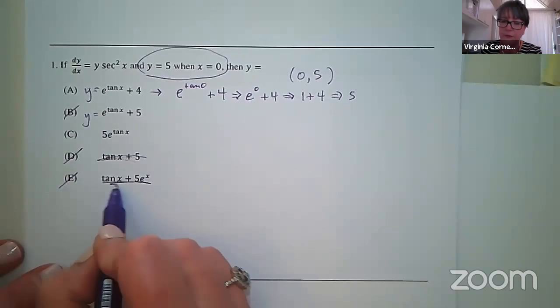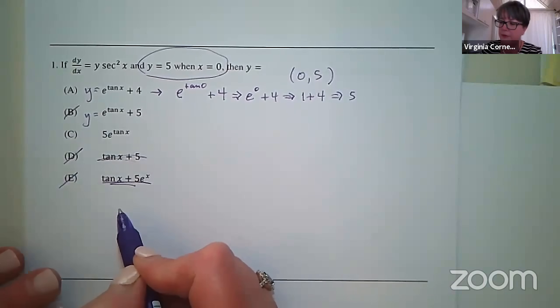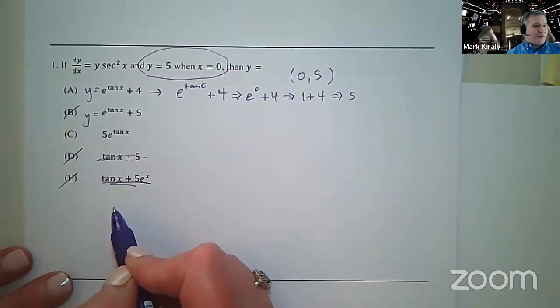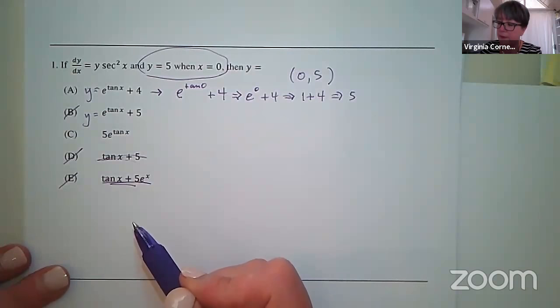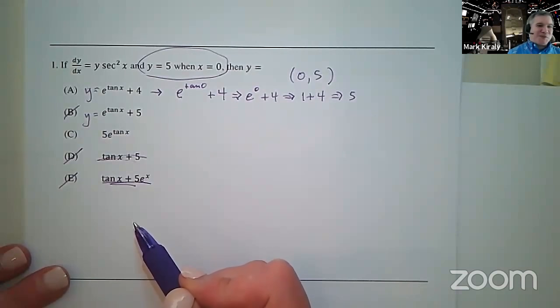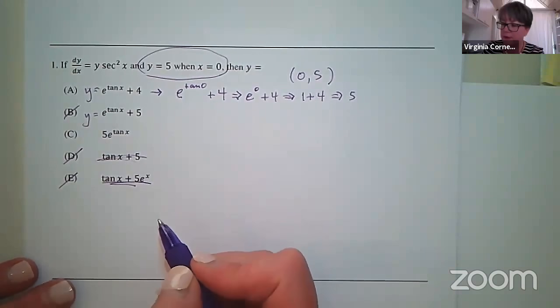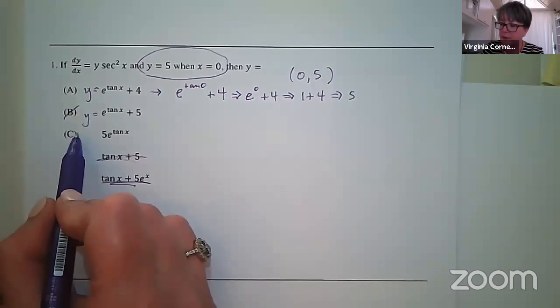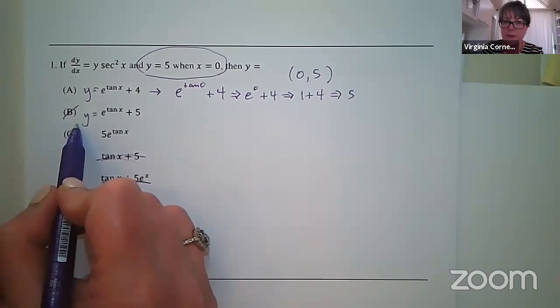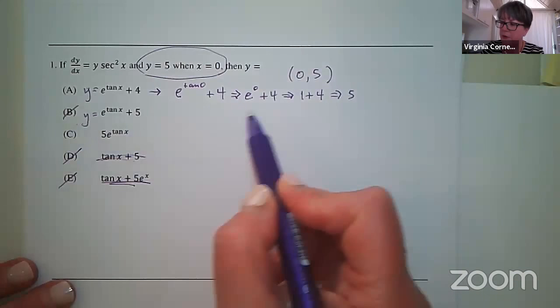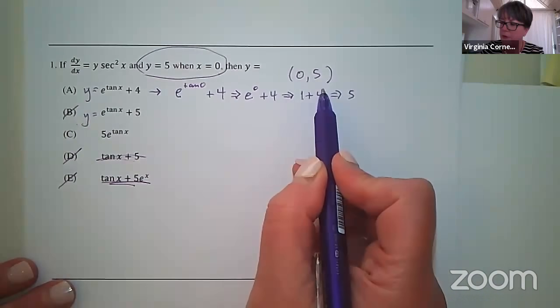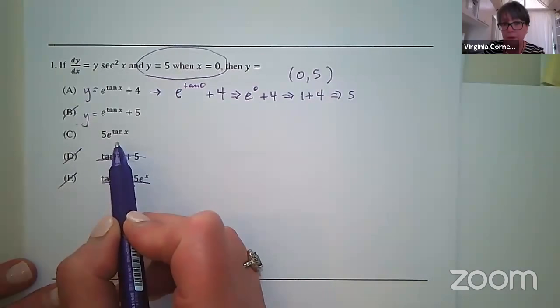Did you take the derivatives of these two and that's why you eliminated them? Okay, perfect. And we were looking for that evidence of the initial function y in our answers. Which is a good reason to start looking for an exponential right off the bat. Structurally, that's exactly right. So here comes the baton. I'm going to check C. I know it works in C, but I'm going to go ahead and check C in terms of taking the derivative of it.